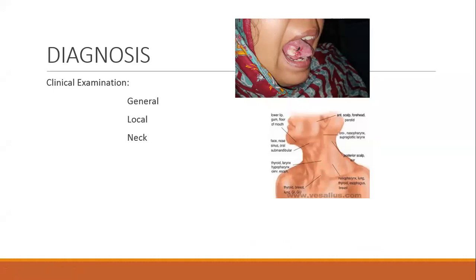If you open your mouth and you put your fingers between upper incisor and lower incisor, you can see it is 4 centimeters or more. Okay, so local examination, you examine the mouth